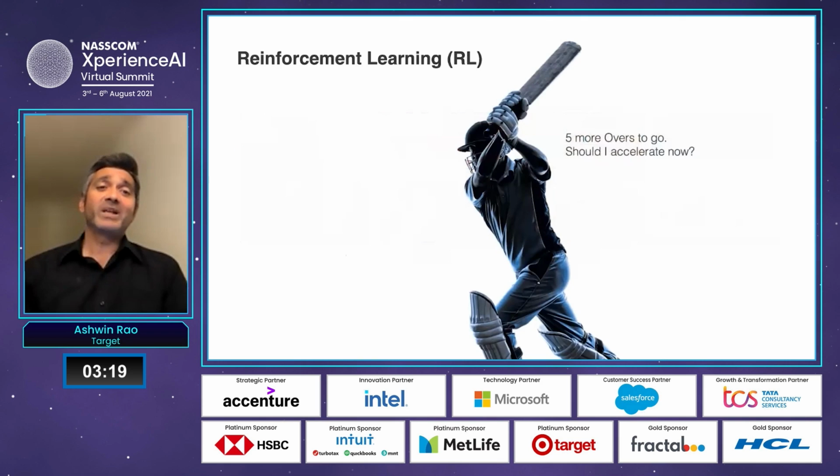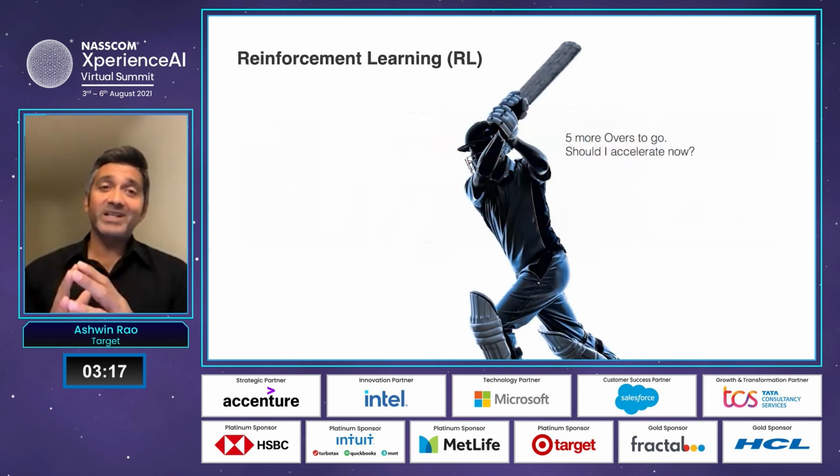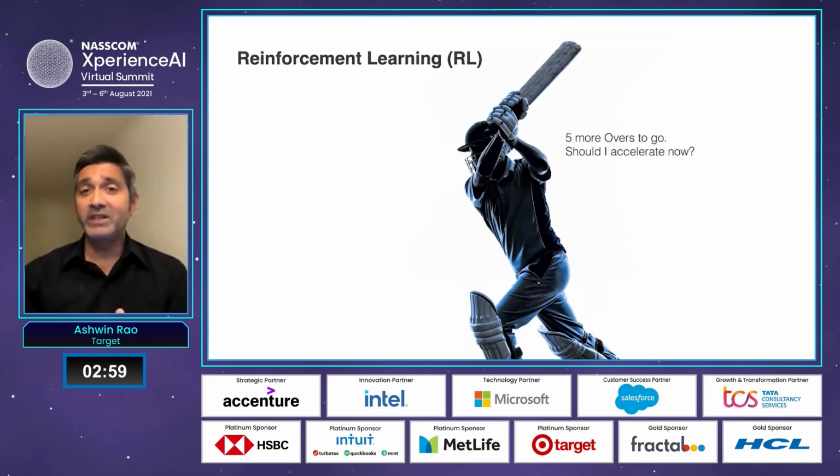So now let me explain how RL works by illustrating the brain of my favorite cricketer, Dhoni. Imagine Dhoni is in the middle of a tricky run chase. 30 overs left, 200 to make, 7 wickets in hand. At each ball, depending on the bowler and depending on the field placement, Dhoni has to decide whether to play carefully or push for a single or take a bit of risk in going for a boundary. This risk-reward trade-off is the action of the RL algorithm that is running in Dhoni's head.